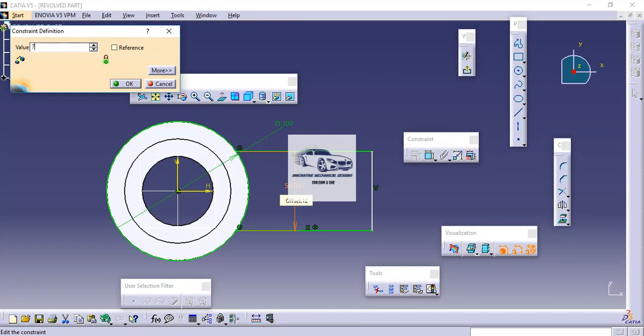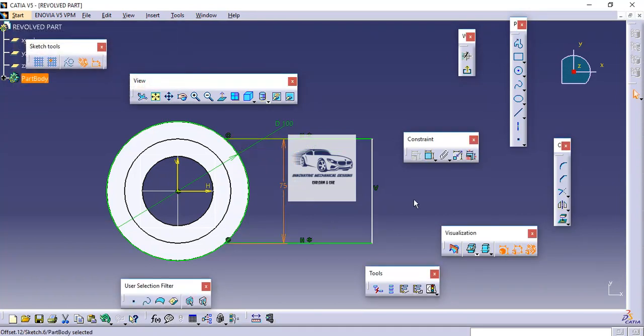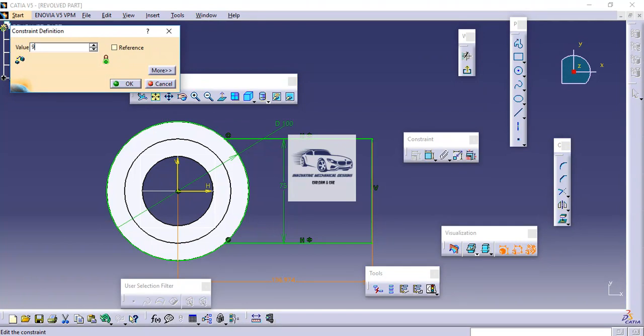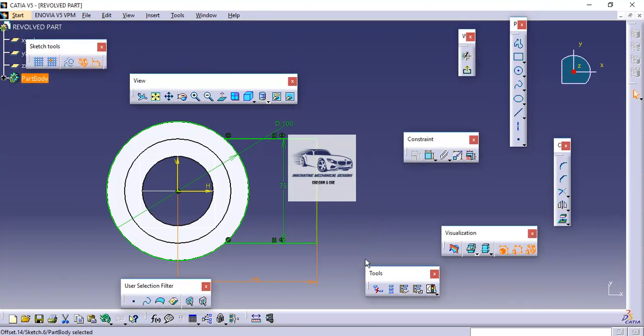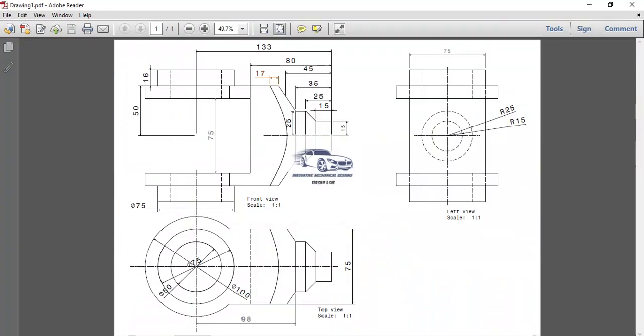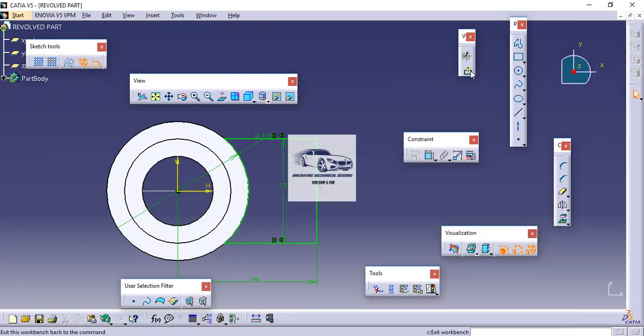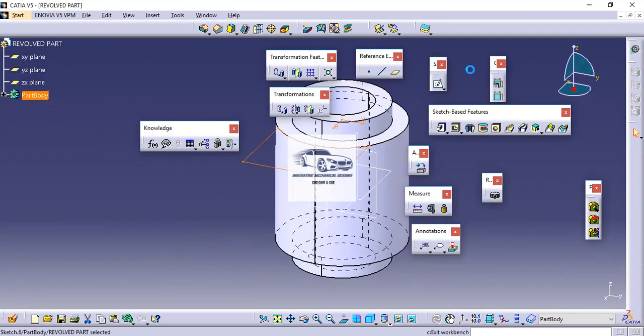So this is 75 and the distance from the outermost edge to the center axis is 98. After this we will trim out the unwanted part. So again I will go to the trim command and trim out the unwanted portion. So in this manner we can complete the upper rectangle, then exit.